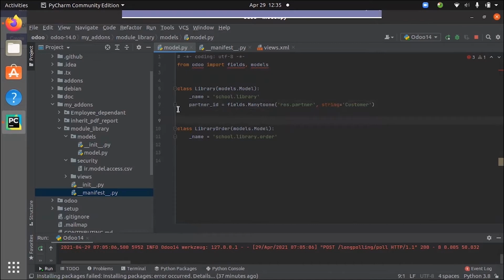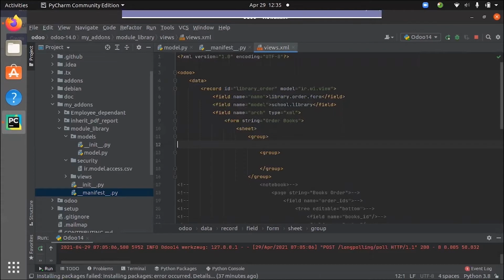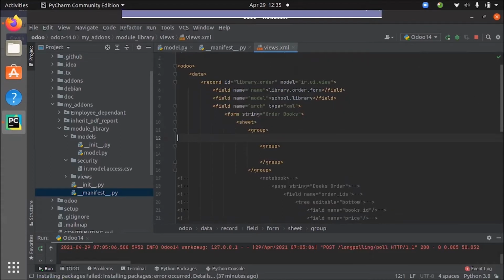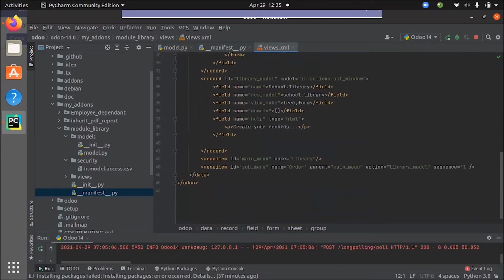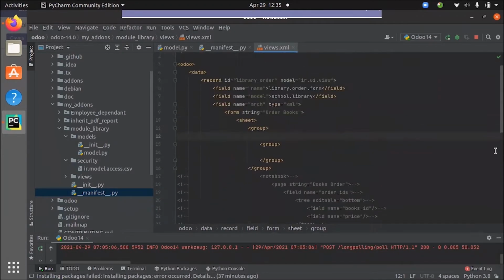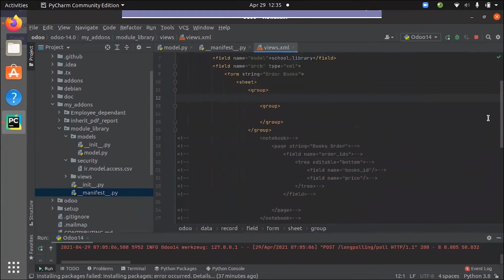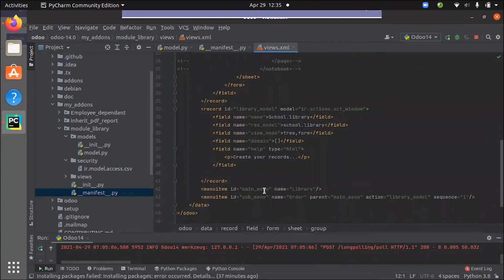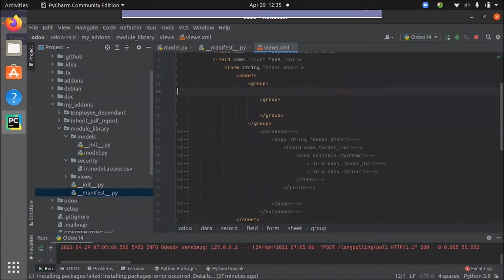Now, after defining this field inside the model, you have to define a view. That is, we have to create a view for this field. For that, let's go to the views.xml file. I've already defined a form view for this school.library, and I have defined the record and menu. You can see I have already created the main menu and submenu.